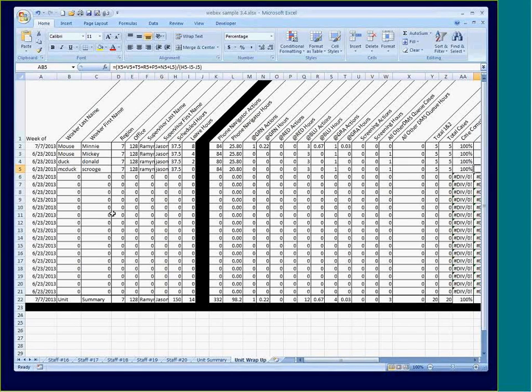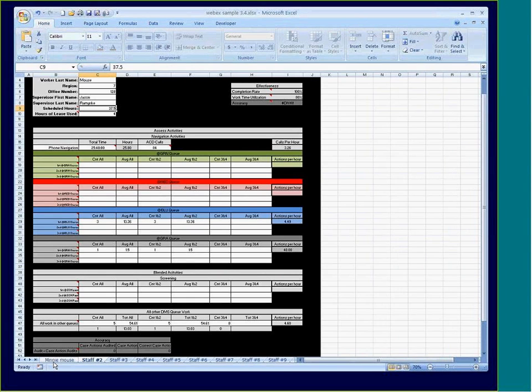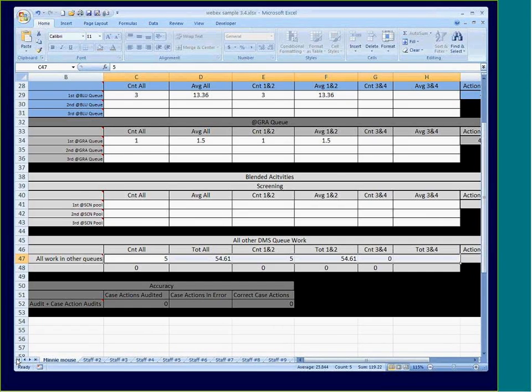So we've got multiple views. For the detailed and data-driven folks out there, we've got this view. We also have a unit summary to help us keep track of our unit as a whole, and then we have each worker identified on their own sheet as well, which we can actually use to share this information with our workers. So in a nutshell, that is our weekly report. The reports that we utilize to input the data for the reports, as well as some background on how this report came about,